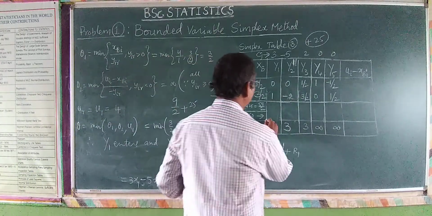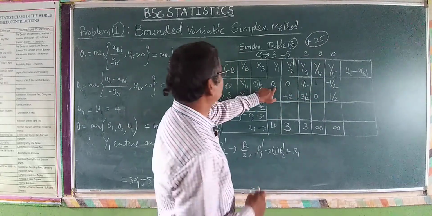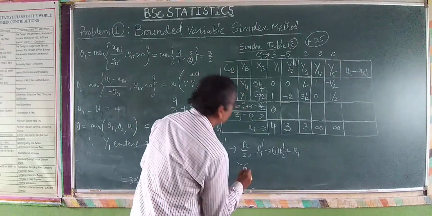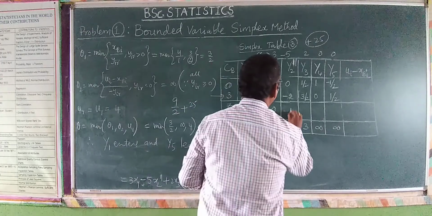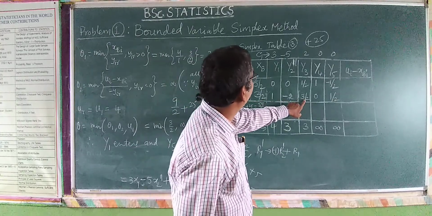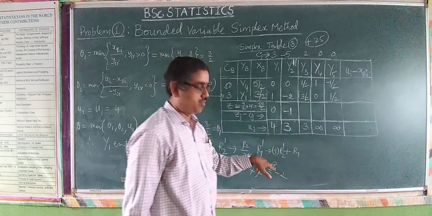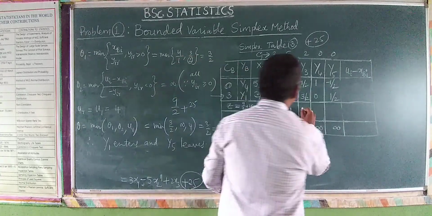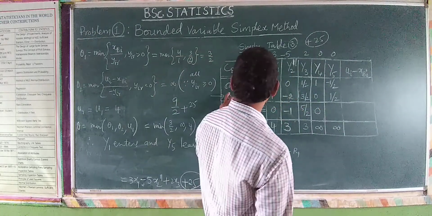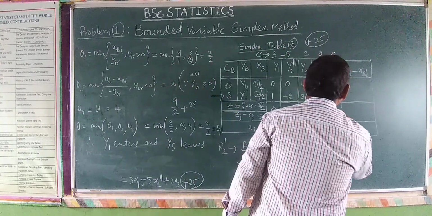Now the remaining evaluations, Zj minus Cj. You calculate Zj minus Cj. So 0 into 0, 3 into 1, 3 minus 3 is 0. And 3 into minus 2 is minus 6, minus of minus is plus 5. So it is minus 1. And then the next calculation, 3 into 3 by 2, 9 by 2, minus 2, 9 minus 4 divided by 2, 5 by 2. And this one is 0. And then the next one, 0 into minus 1 by 2, 0, 3 into 1 by 2, 3 by 2 minus 0, it is 3 by 2. So these are the evaluations.